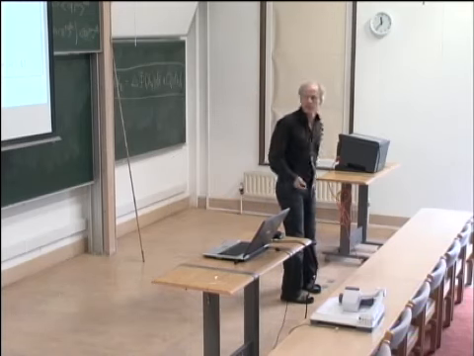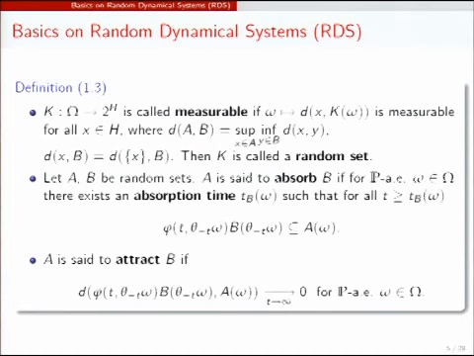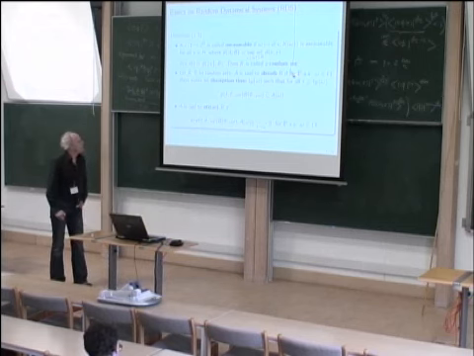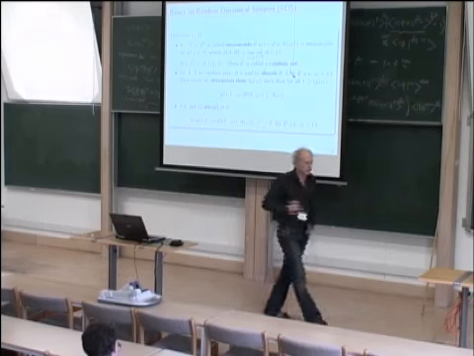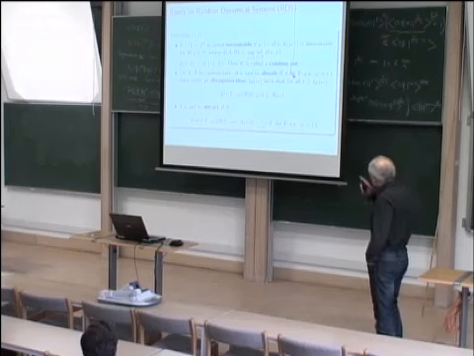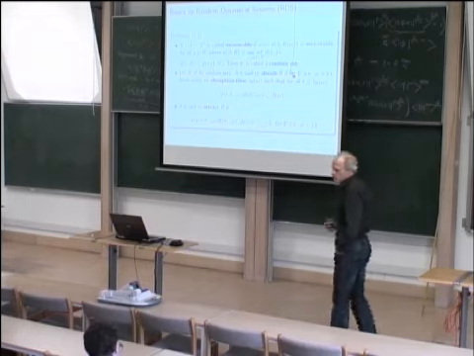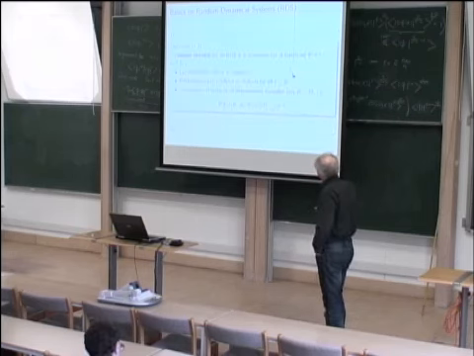and then from all times even if you go further back. Okay, and then A is said to attract B if you do not have that this is inside A, but it is close in this one-sided Hausdorff distance. So that's the notion of attraction. Okay, so as you can see, it's different from the deterministic case, because in the deterministic case everything coincides, of course, with what you know. It's therefore sometimes called the backward attractor or something like this, because you go backward in time. But this is the right thing to do in the stochastic case.